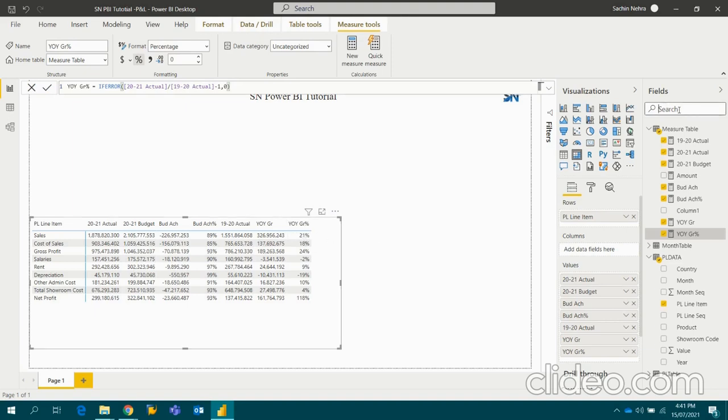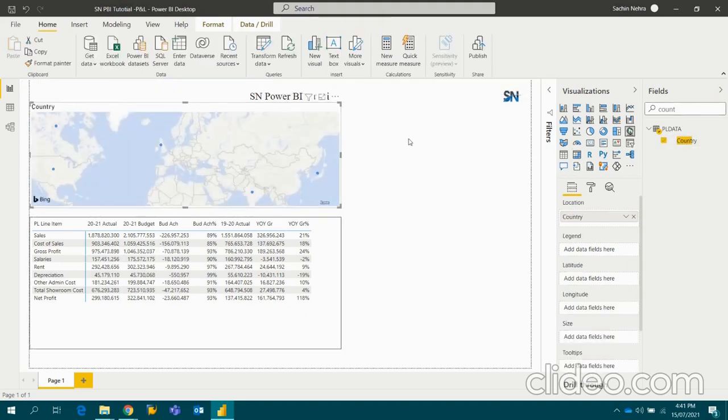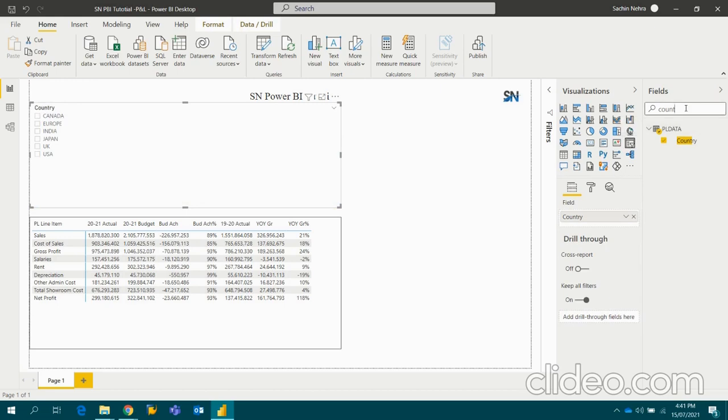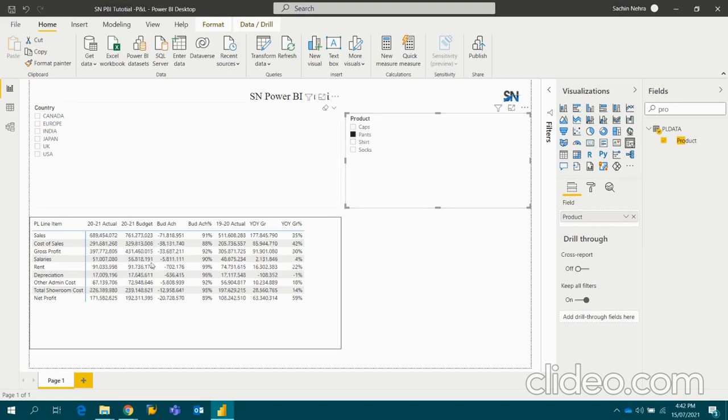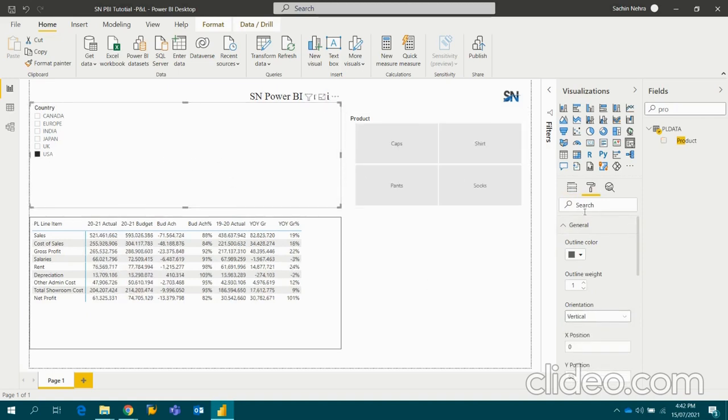Now you can make it as fancy as you want to. You can put n number of colors and formatting. You can bring other slicers. For example, I have the country, which I can bring into a slicer, or you can call it a filter, or I can bring my product as a slicer. So depending upon which product you are selling, you can see its profitability. I will change the look of this slicer and accordingly for my country slicer.